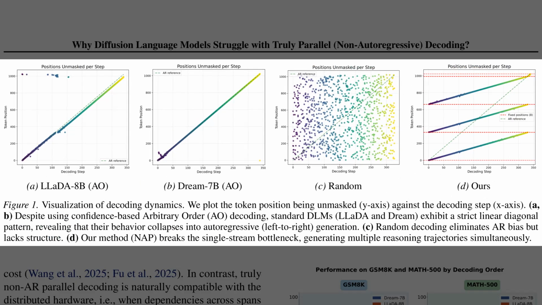So, Figure 1 visualizes this decoding behavior explicitly. In the first two panels, labeled A and B, we see standard diffusion models like LLADA8B and Dream7B. Despite having the freedom to decode in any order, the points form a strict diagonal line, showing they effectively collapse into a standard left-to-right generation process. Compare that to the author's method, NAP, in panel D on the far right. Here the pattern shifts to distinct parallel bands, which indicates the model is successfully generating multiple sections of the reasoning